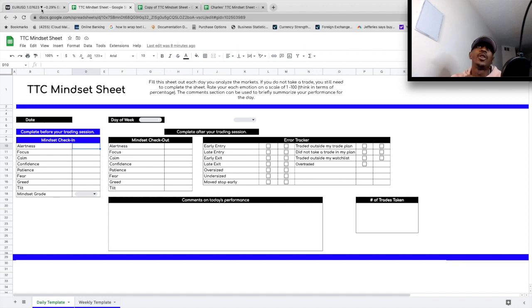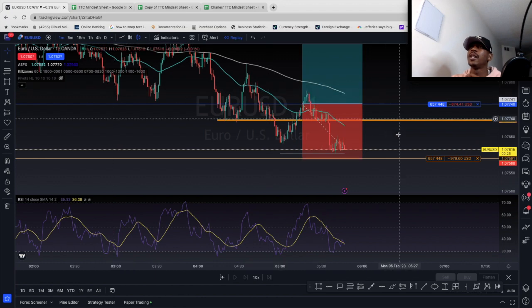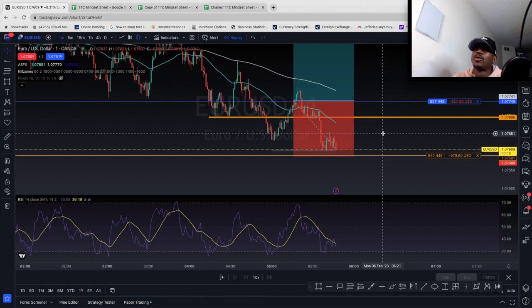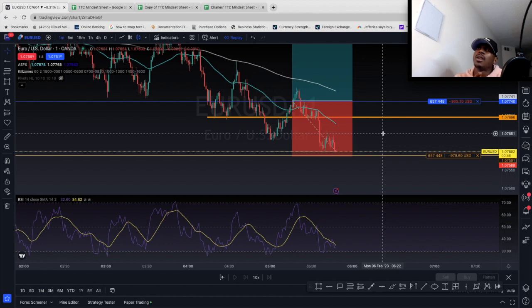We'll quickly check in with a trade that I took on demo. All right, so here we took a trade with the TTC strategy. We can see here it's fighting with my stop loss right now. It's getting close to it, but we're also getting into a possible area for scaling, or if I get taken out, just a quick re-entry. It's really based around where we're moving and the fact that we're still in the area in which I took the original trade. So we'll see what happens with that. I'll probably get stopped out of this trade and have to re-enter again, but we'll see what happens.